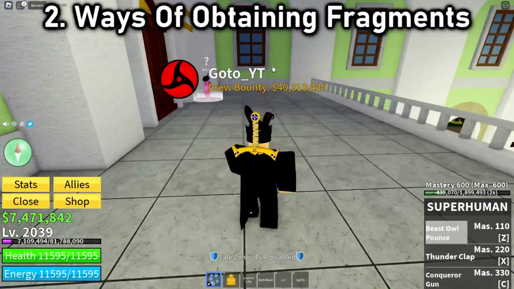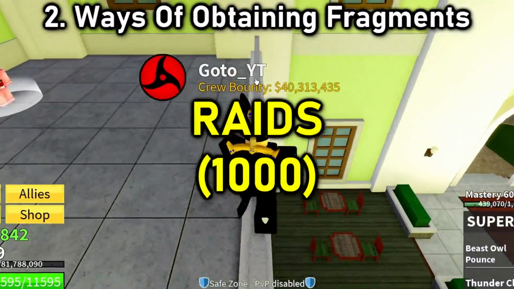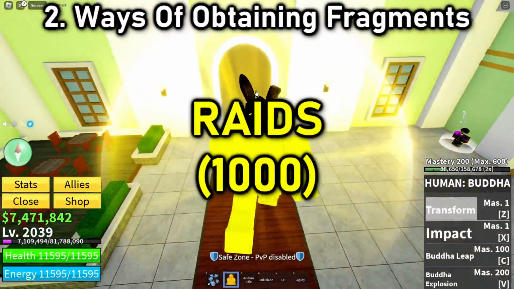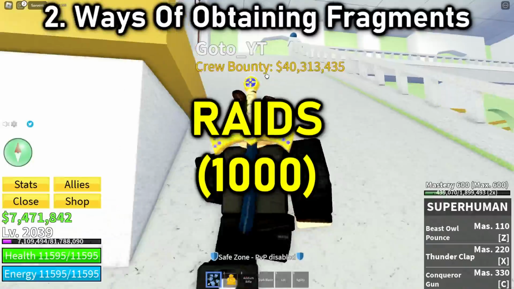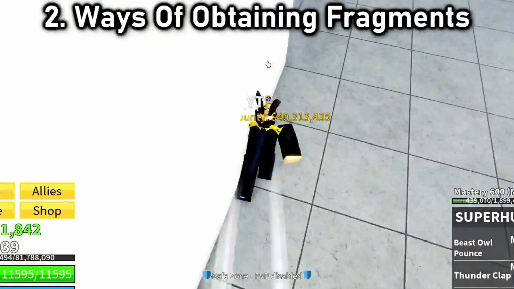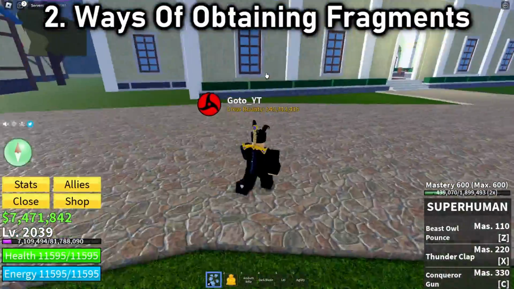The area where you awaken your devil fruits is the best area to farm fragments as well. You guys can do raids and get a lot of fragments if you are very fast and you have Buddha, just like me. I don't have the awakened version, but if you have the awakened version, that's very good. You could have 3 other friends with Buddha as well and just grind raids, and you will get fragments so fast. If you finish a raid really fast, you can get up to 1000 fragments, which is just insanely OP,